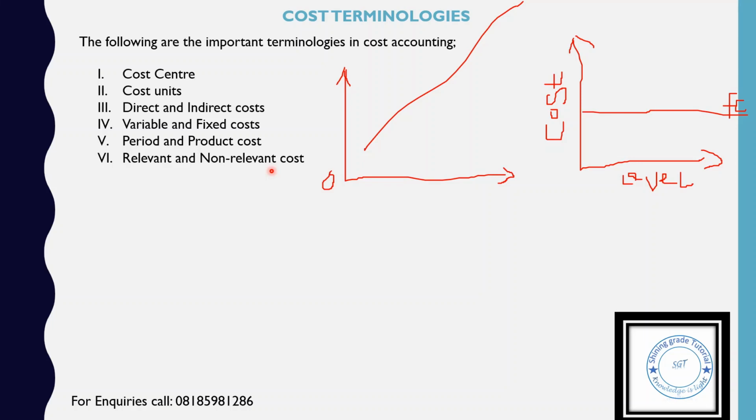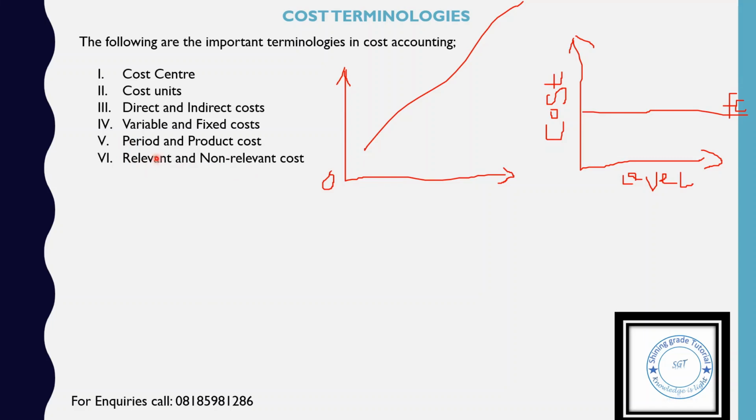For non-relevant costs, no matter the decision, they will still be incurred. So they will not in any way affect the decision or whether to take on the decision or not. They are not relevant to that particular decision. So that is the difference between relevant costs and non-relevant costs. And identification of relevant and non-relevant costs enhances decision making of the management. It is very important in management accounting and cost accounting, as a student, that you should be able to distinguish between relevant and non-relevant cost. So just take this concept.